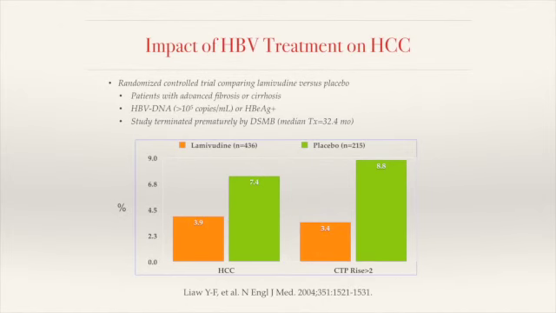The third line of prevention, so we talked about coffee, we talked statin, we talked vaccination, we talked screening, and now treatment. It is clear now that the reverse of a high HBV DNA, that is a low HBV DNA induced by treatment, results in a reduction of the risk of hepatocellular carcinoma. That has been shown in a randomized controlled trial in Taiwan that basically was